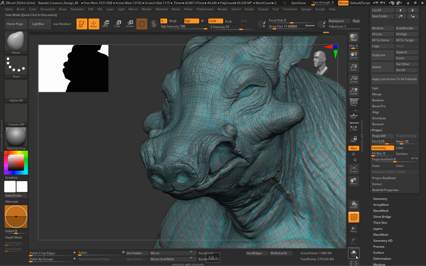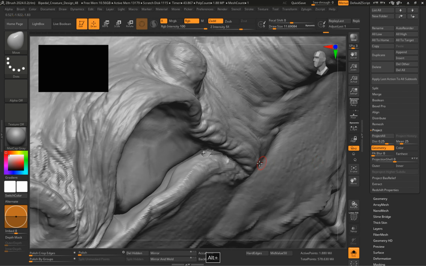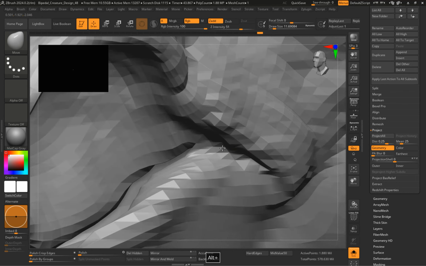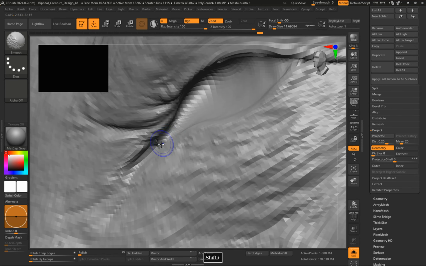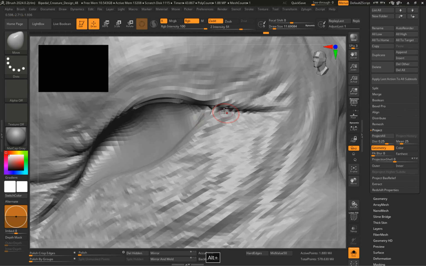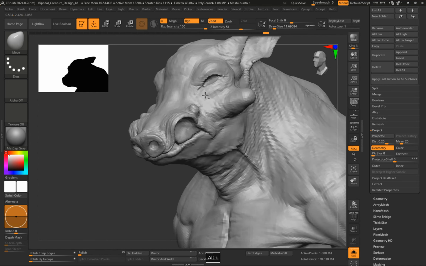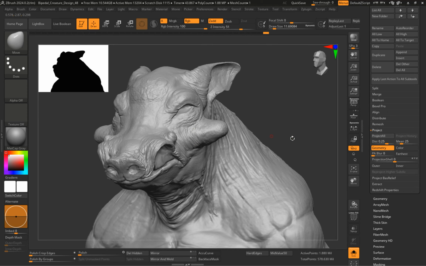Okay, so let's take a look. Not 100% of the details back, but what I'm going to do is just smooth this area out. And over here, I'm not too worried about capturing 100% of the details. Again, it's just a quick test, but if I can just do a little cleanup, then that will be worth it. So let's do